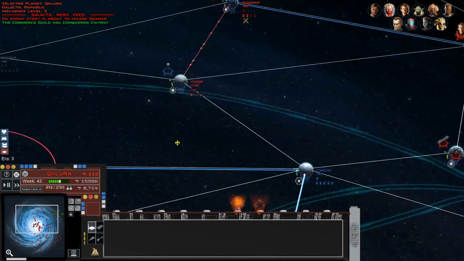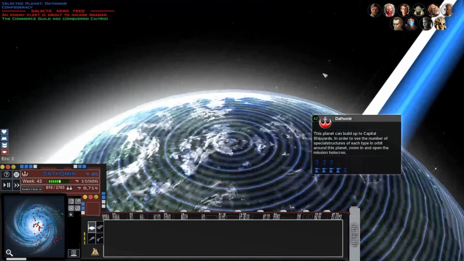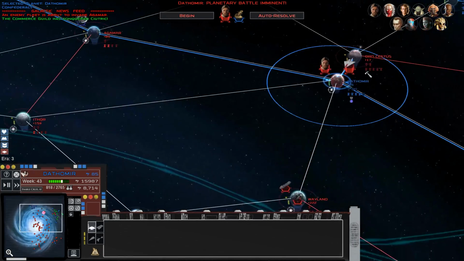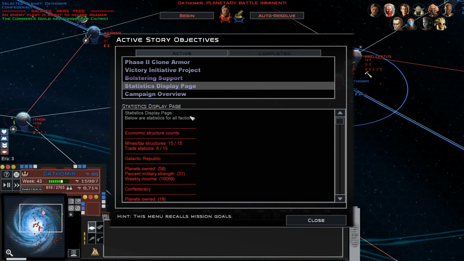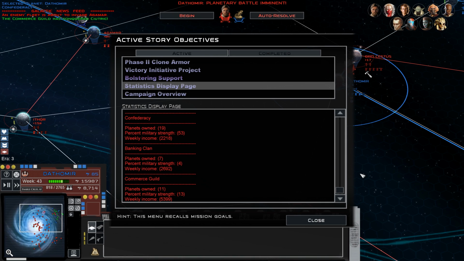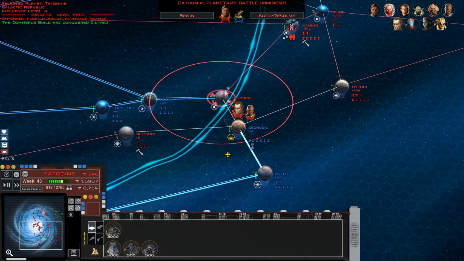Alright, Kilara, you are now going to be a cloning center. I guess they really want me to take them out in the Banking Clan. Invasion commencing. Okay, but let's see. We're at 31% military strength. They're at 53. Banking Clan's only at 4. Commerce Guild is 13. I really want to free up these forces. Like, Christophsis, Rhodia, and Ryloth won't be hard to take, but...